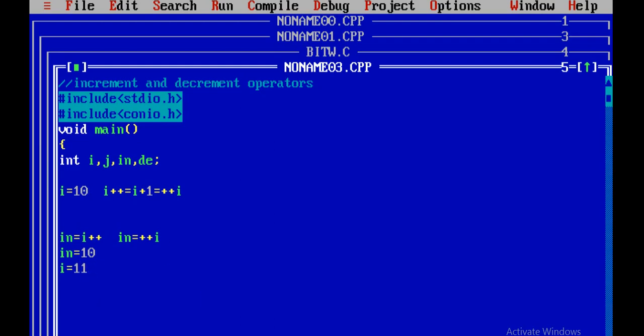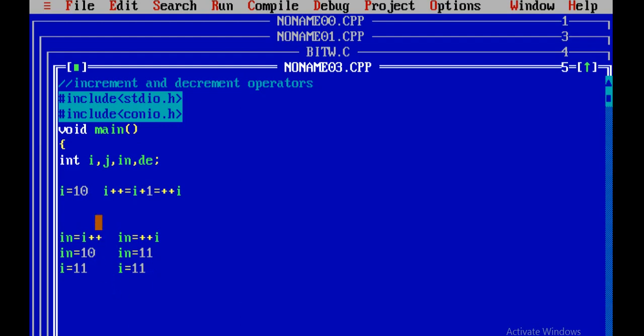But in this other case, in = ++i, in contains 11. Why? Because first we are incrementing, then we are assigning the value of i to in. So in will be 11 and i also 11. Understand carefully.